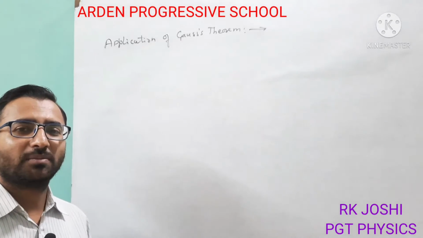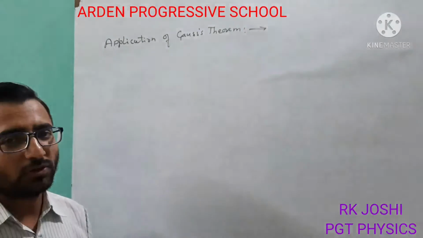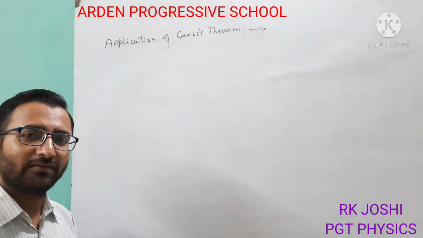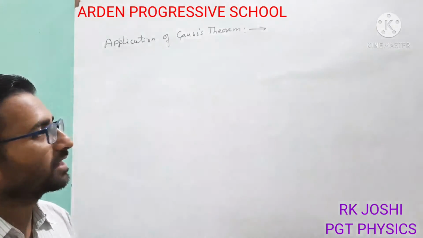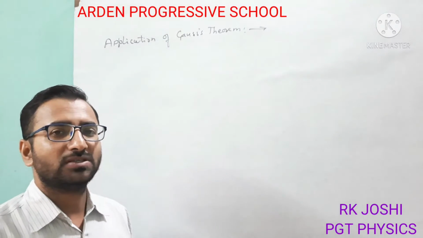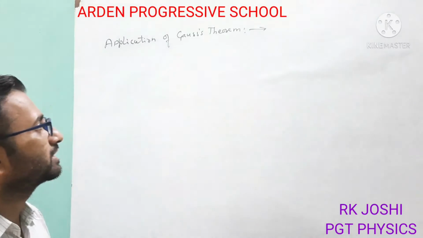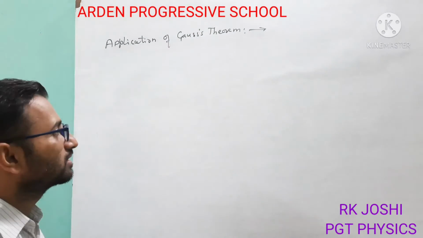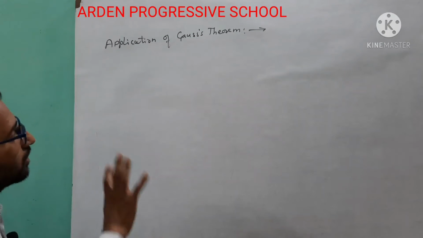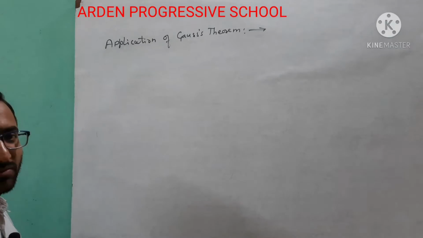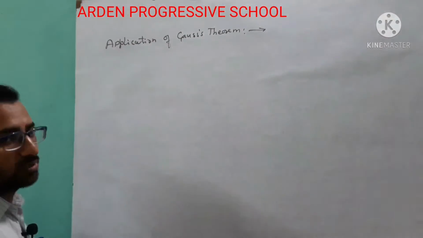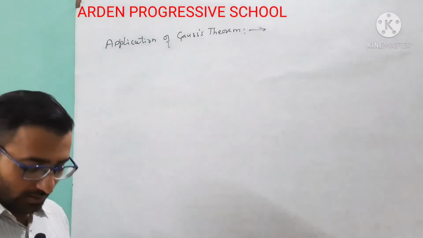So today we will discuss the next topic, which is in front of you: application of Gauss theorem. In my previous video and Google Meet I explained the Gauss theorem and one application of it, which is the electric field intensity due to a uniformly charged straight wire. Here I am repeating all the conditions in which we will apply the Gauss theorem to obtain the electric field intensity.